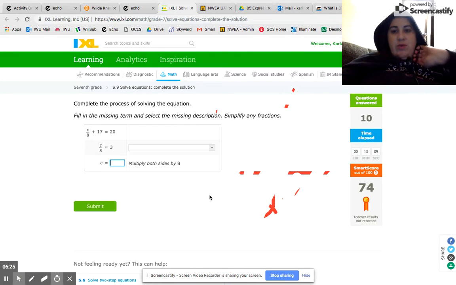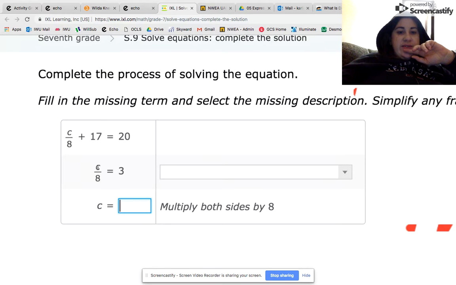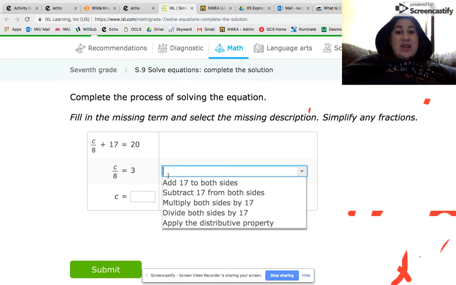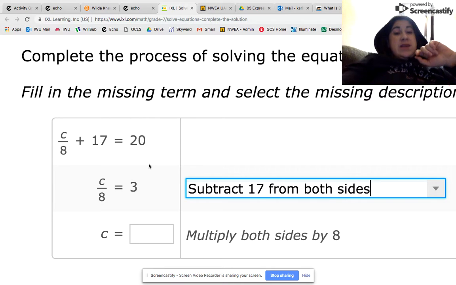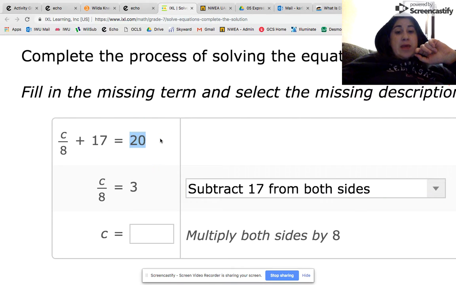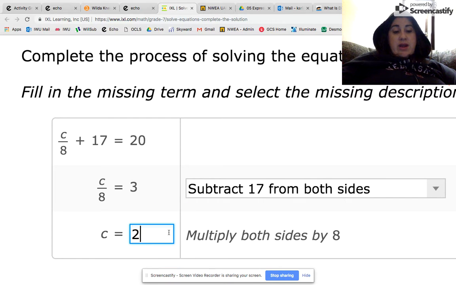All right, did I make it? Ooh, one more. Okay, well, what's the first thing they did? They got rid of this positive 17. How do you get rid of a positive 17? Well, you subtract 17 from both sides, right? Does it make sense? Does 20 minus 17 give me 3? Well, then that's your solution, right? Okay, last thing, it says multiply both sides by 8. So 3 times 8 gives me 24. And that